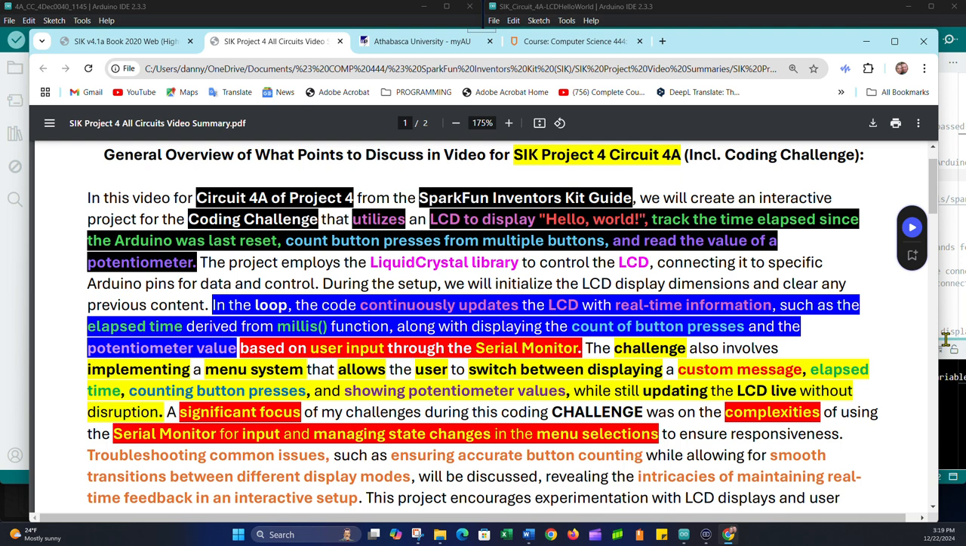In the loop, the code continuously updates the LCD with real-time information, such as the elapsed time derived from the millis function, along with displaying the count of button presses and the potentiometer value, based on the user input through the serial monitor. So I'm using the serial monitor to allow the user to decide what to display on the